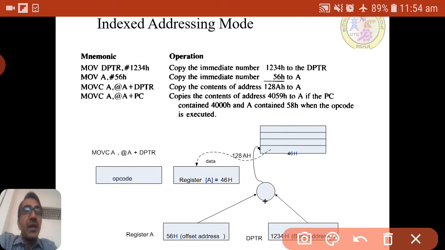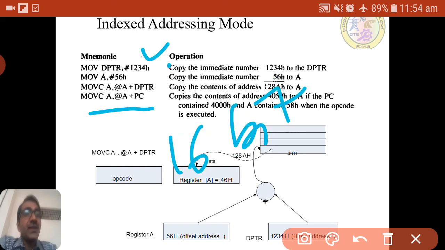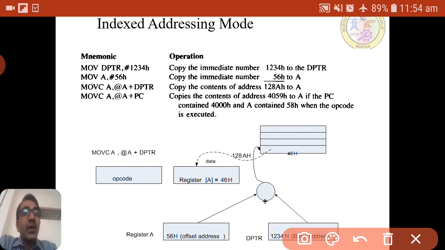Here, MOV DPTR. Before using this we need to put a value into DPTR or PC, either one. We are putting #1234, where hash is an immediate value, into the DPTR. DPTR is a 16-bit address, so we put the 16-bit value 1234 into it, and this is the base address.